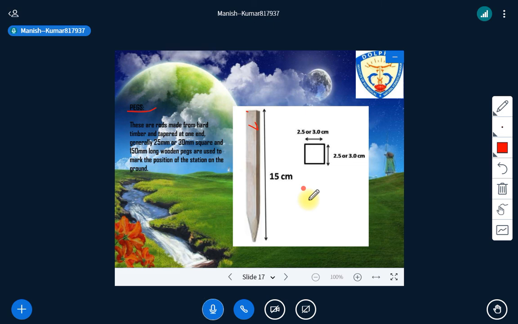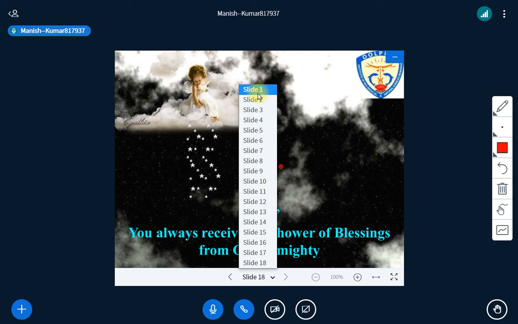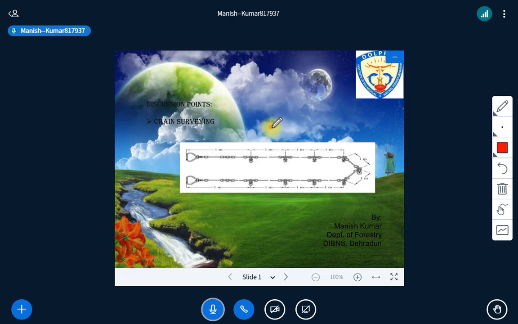And apart from that, we also have a hammer. A hammer is required, and you all know the basic use of a hammer. Yeah, just to strike on the top of either the peg or the arrow to insert it into the ground, if the ground is a bit hard, right? If the soil is not soft, we can use the hammer to fix either the peg or the arrow into the ground itself, right? Is it clear to all of you now? So these are the instruments that are very much used in chain surveying. So this is all about the